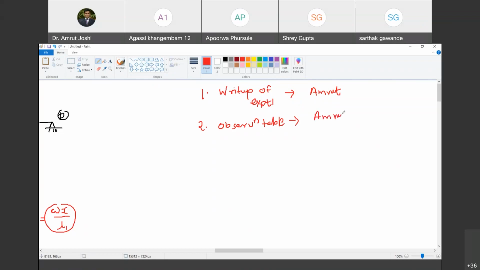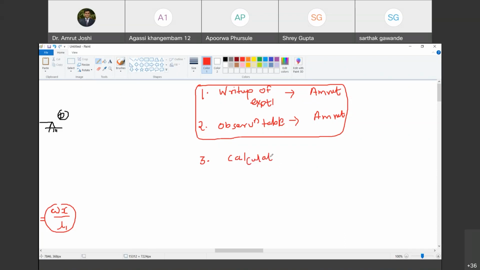Happy? Yes, sir. Once this is shared, you are not going to write down everything. No, you are just going to go through that as a theory, because based on that we are going to have vivas. So therefore you will just go through the theory part of that. You will look at the observation table. Your aim is to write calculations, not conclusions, sorry. Write or type, anything is okay. You can type it in Word, you can do it on a piece of paper, take a snapshot, or you can write it.